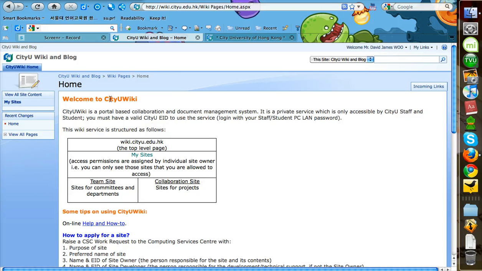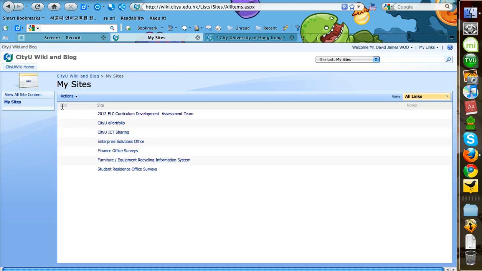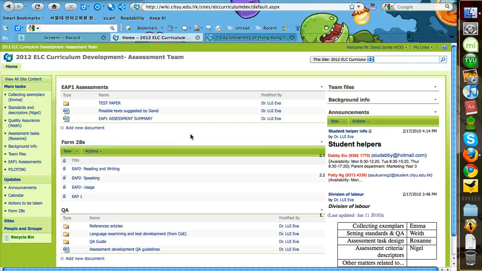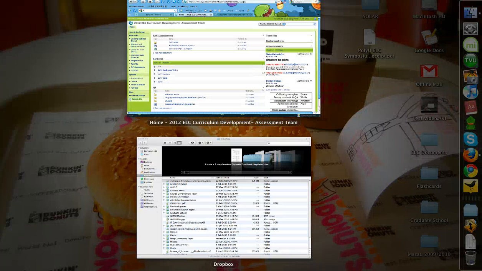And in fact, in order for me to find my way to the next screen, the screen which I want to get to, I actually have to click this button. I have to find this button, then I have to click it. Then I need to choose the correct wiki site, and as you can see, I have several, of which one I use regularly. And here I am. So this is the wiki site, and